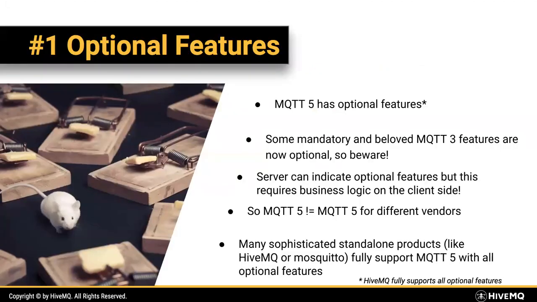Number one, optional features. MQTT5 has some optional features. And the problem is that even a lot of MQTT3 features, which are now required for any MQTT implementation, are sometimes optional, like retained messages, wildcards, and so on. I have a list prepared later on so you can see this. So if someone has MQTT5 support, unfortunately, you cannot rely on the whole specification being there. Sometimes even features like shared subscriptions are not there, which for some users is the reason to upgrade.